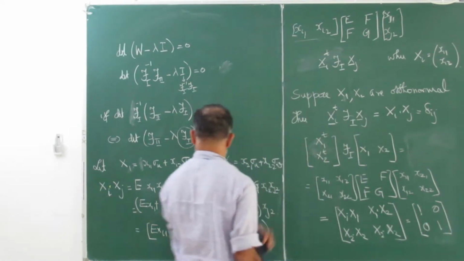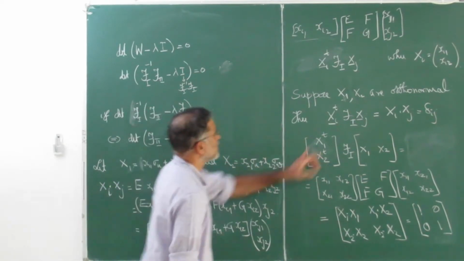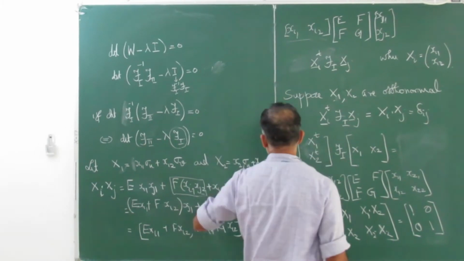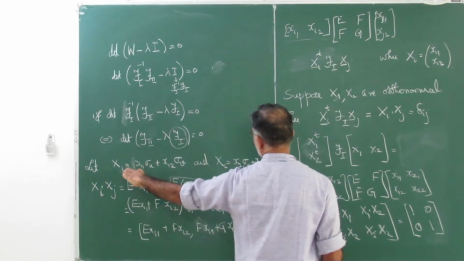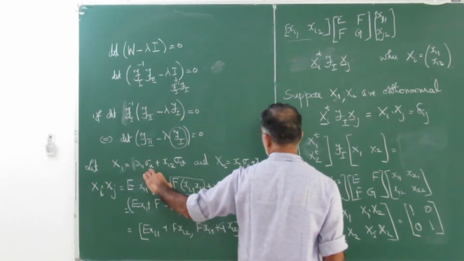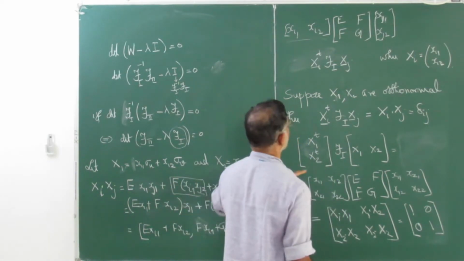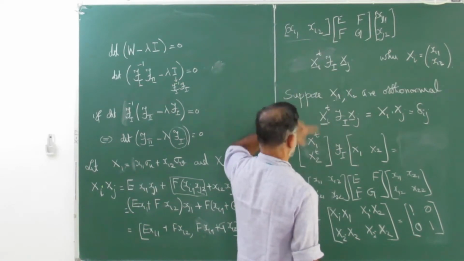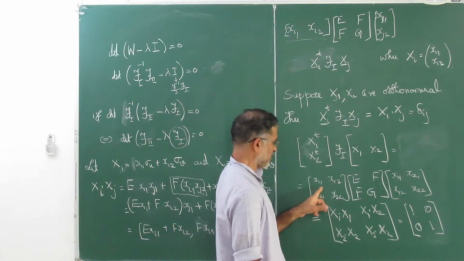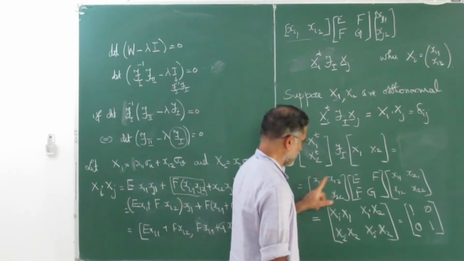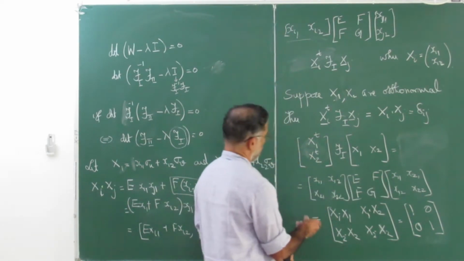If you start with orthonormal vectors and write their coordinates using sigma u, sigma v, and take the coefficients as a matrix like this, x11, x12, x21, x22, then you look at this matrix into this,